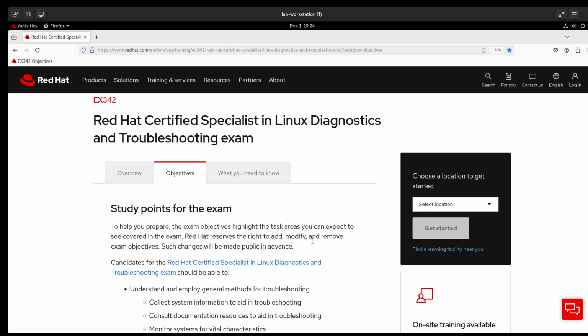Also, a reminder that these are my practice sessions for the exam. My exam's just under 3 weeks away, and so I'm going through all of the posted objectives from Red Hat and trying to either explain the concept behind the objectives or do some examples of said objectives. At the end of the video, I'll do a little self-assessment, and hopefully I'll feel confident with the objective. And if not, I have just under 3 weeks to do some knowledge gap filling and brushing up before the